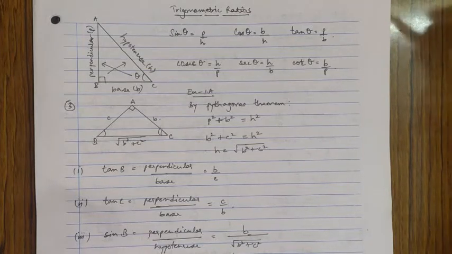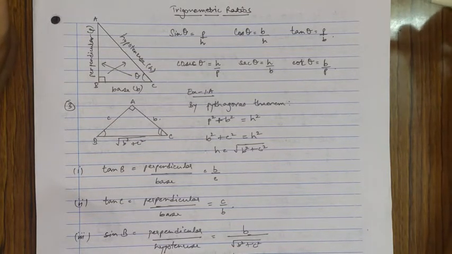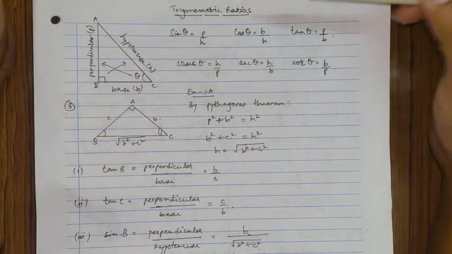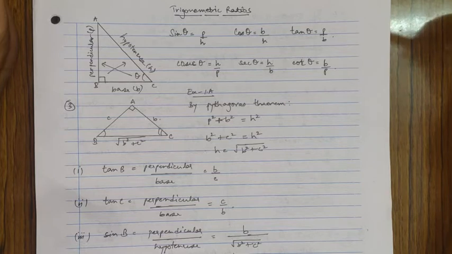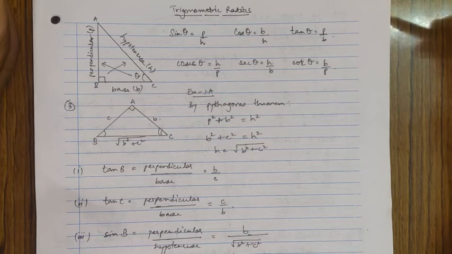Students, this is a video that I have prepared for the topic trigonometric ratios. Now, in my notes, I have already mentioned that trigonometric ratios are quantities which are formed by comparing the dimensions of a right angle triangle with respect to a certain angle. And over here also,